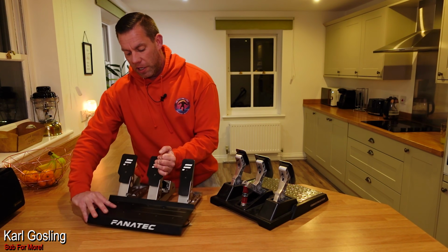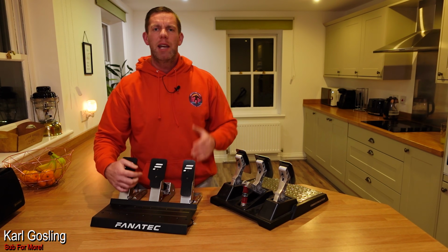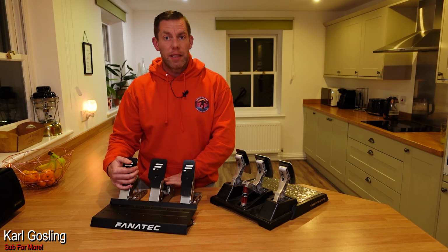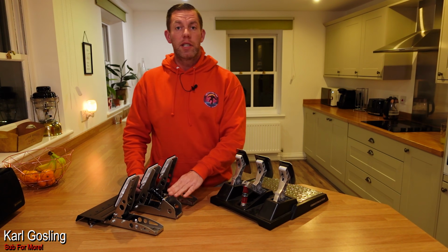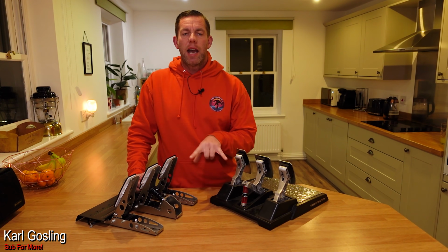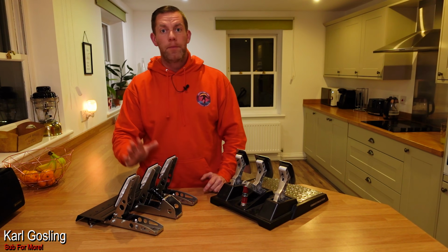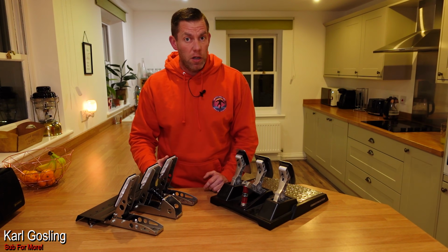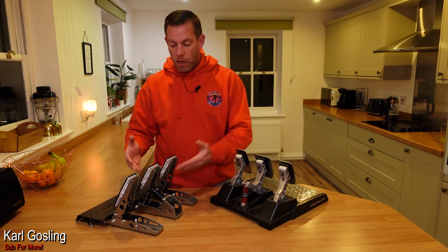A bit like if you were to put your foot here and try and depress this brake pedal down. It would be so much harder to hit the maximum 60 kilograms of force that the load cell can register. And that's what these two specs actually mean. It's how much pressure the individual load cells can register. It's not the pressure you feel at your foot or the amount of pressure your foot has to apply, because